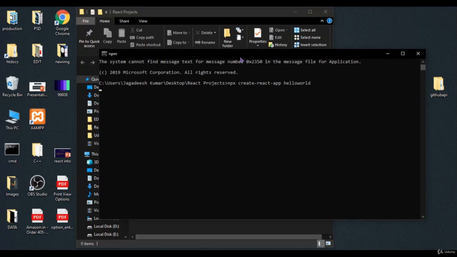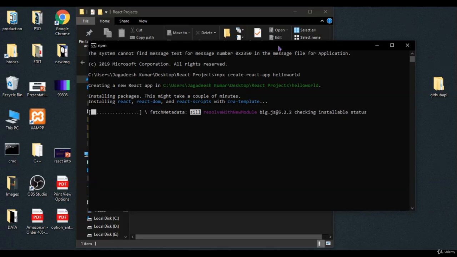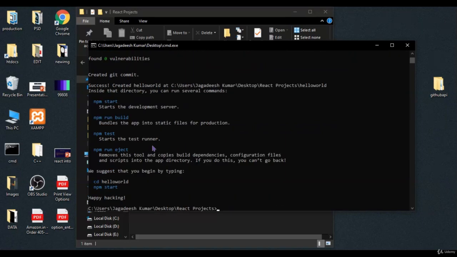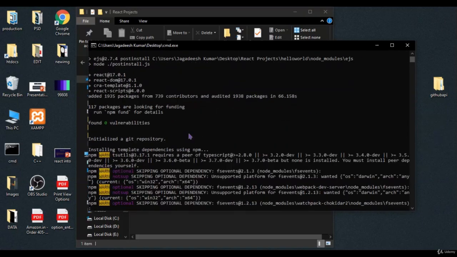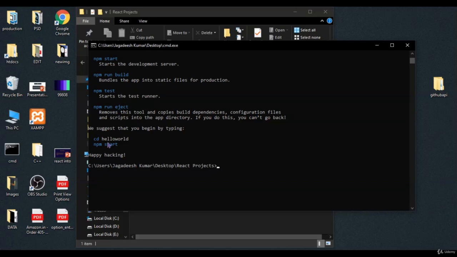Okay, and click enter. This npx create-react-app command will generate all the boilerplate code that is required to build our React.js application. I'm going to pause this process because it might take some time based on your computer configuration. And now the process is done. This command has generated all the boilerplate code that we wanted, and finally it will show